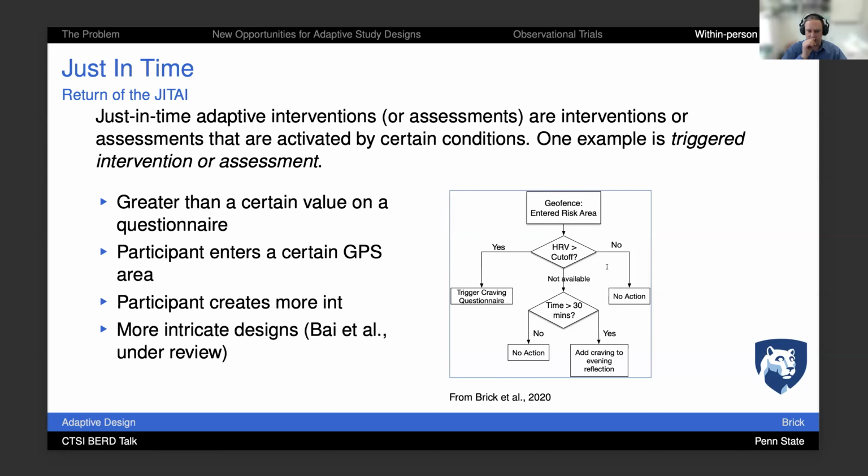We have one of the designs with Sunny Bai. We're looking at parents and kids, and we track where their phones are, and when their phones are near each other for a certain amount of time and then split, we ask them if they were near their parent or near their kid and what they talked about, if they talked about anything. It helps us deliver those interventions or assessments right when they're needed. These are really fun, and they're actually shockingly easy to do. The corrections for the analysis just have to take into account the differences in timing, as long as the structure